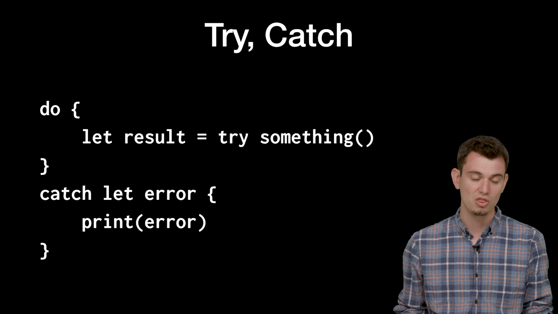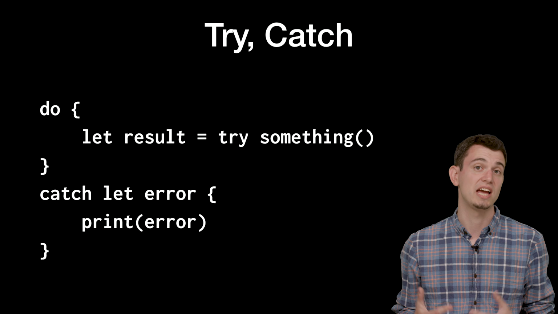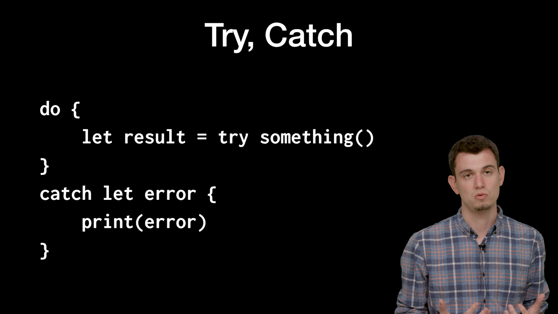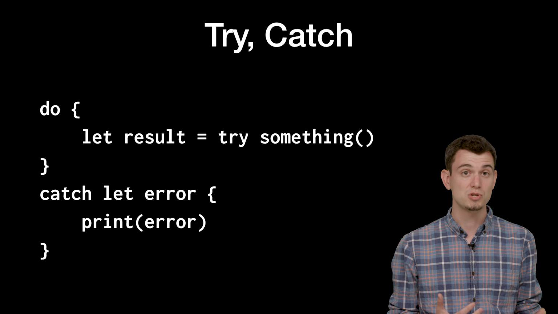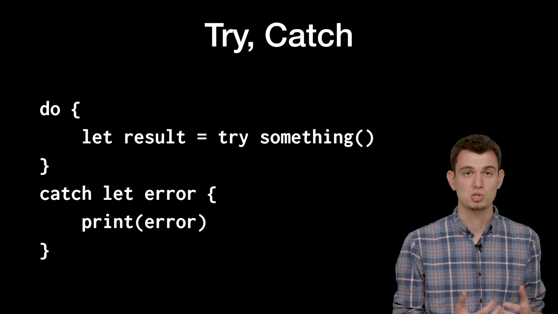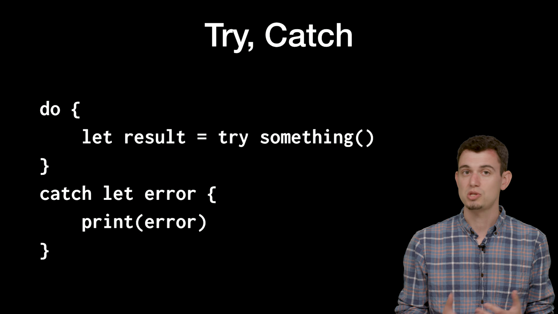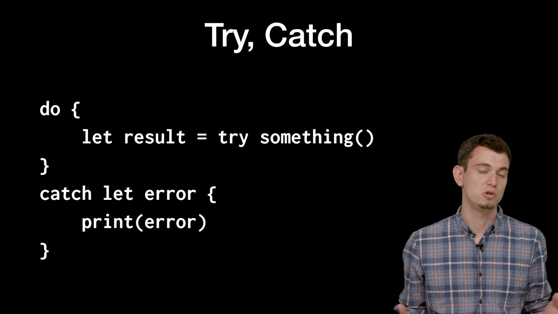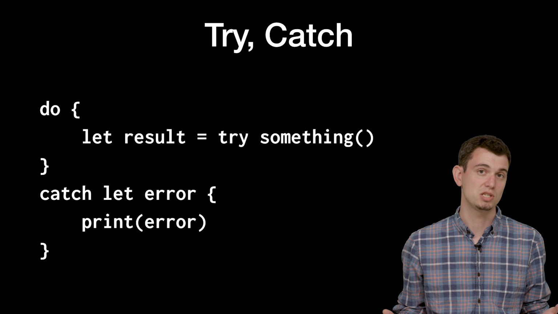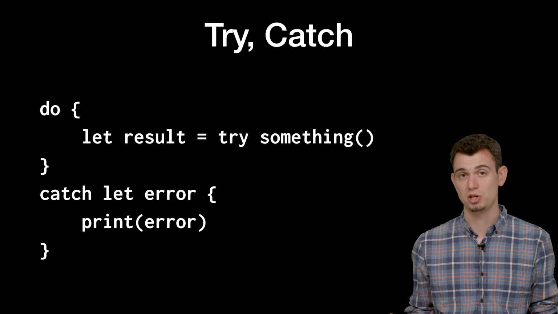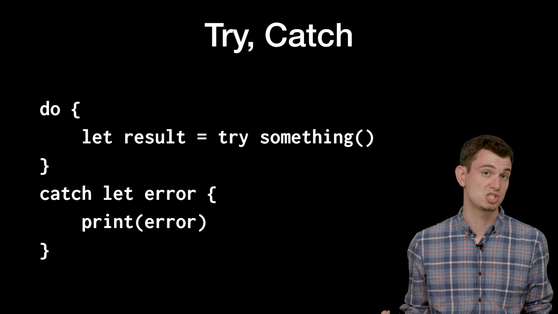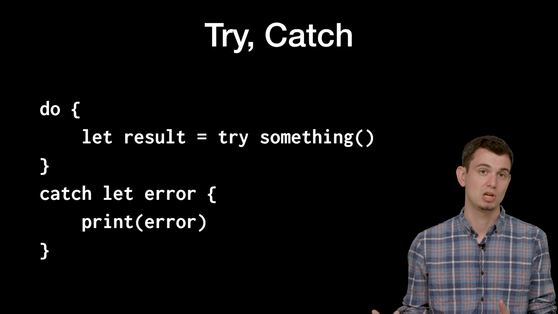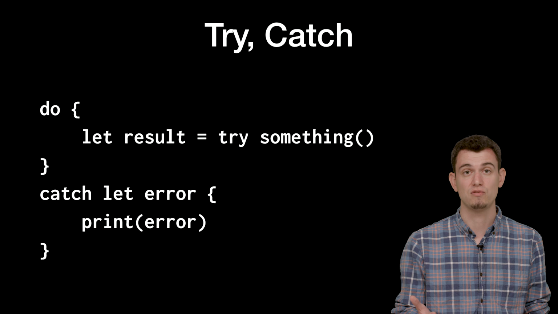Before we get into that, let's cover a couple more Swift syntactic constructs just to make sure we have them. The first is a construct called try catch. There's this notion in Swift called exceptions. An exception is something that happens when, as you might guess, something goes wrong under the hood. So here's the syntax for what that might look like. First, you'll have a block that starts with do. When you have this sort of do catch block, this basically tells the compiler, I'm going to call a function or a method that might trigger an exception. And when that exception happens, I want to be able to catch that and break out of this code